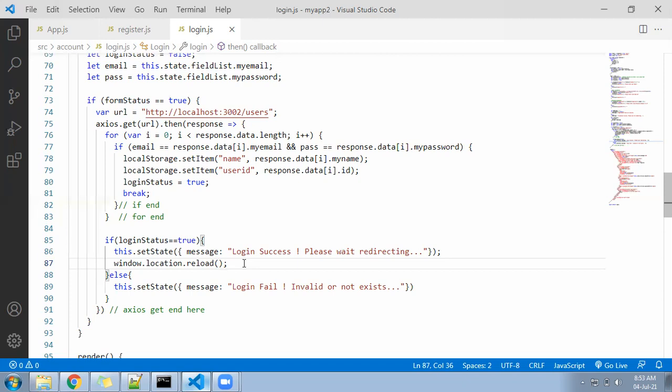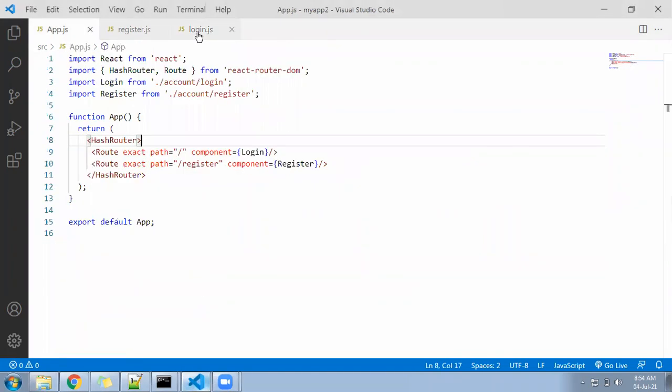That is the next condition under the app.js file. Now let's come to the app.js file.